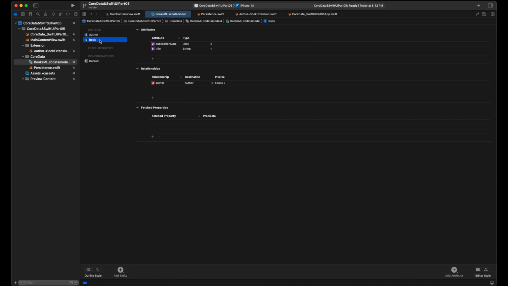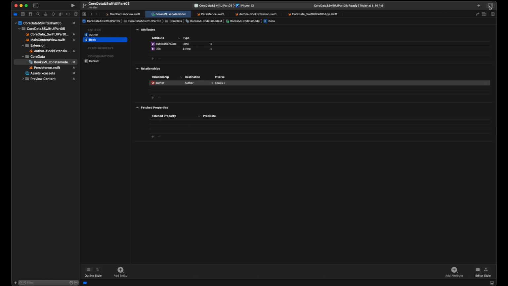And now I want to explain about relationships. We can create a relationship when we have at least two entities. In this example we have two entities, book and author, and we create a relationship between these two entities. First, as you can see, I select entity book. Our entity book has a relationship to author. As you can see, our relationship has the name author. Destination is author. This means our book entity will hold a property author, and this property will hold an object